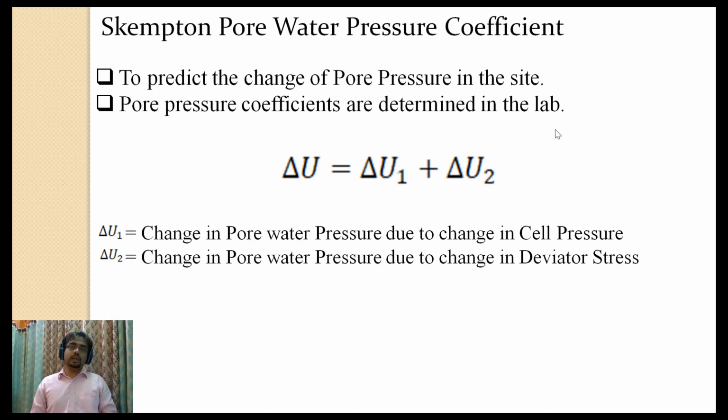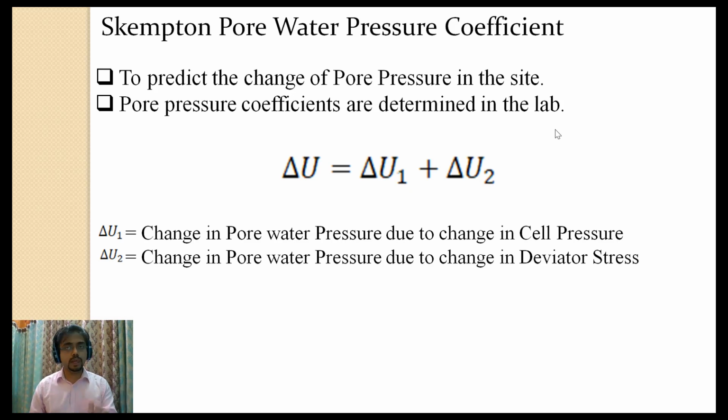So the undrained tests are the EU test and CU test. First of all, in the EU and CU test, how is the excess water pressure going to be generated? First, let us discuss that. Now, there are two stages in any type of triaxial test. Number one is the consolidation stage. Number two is the shearing stage, at which we are going to give some deviator stress.